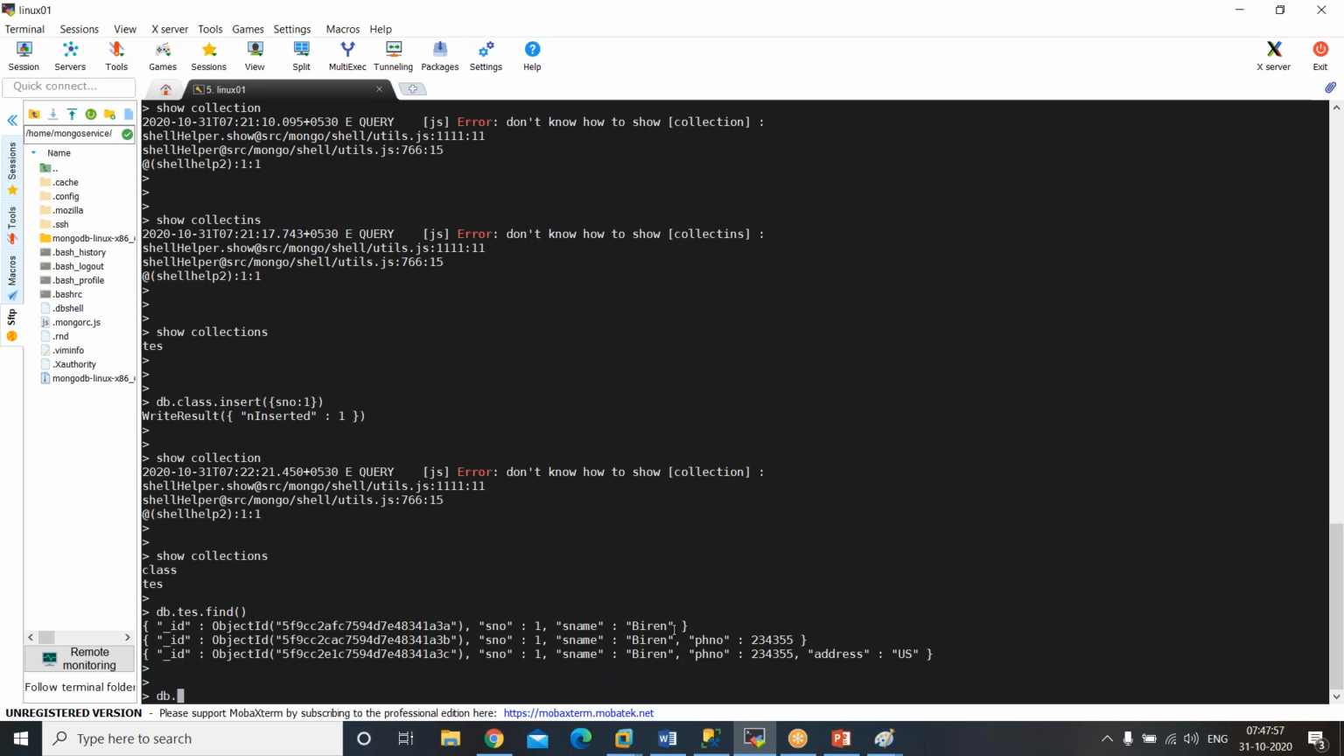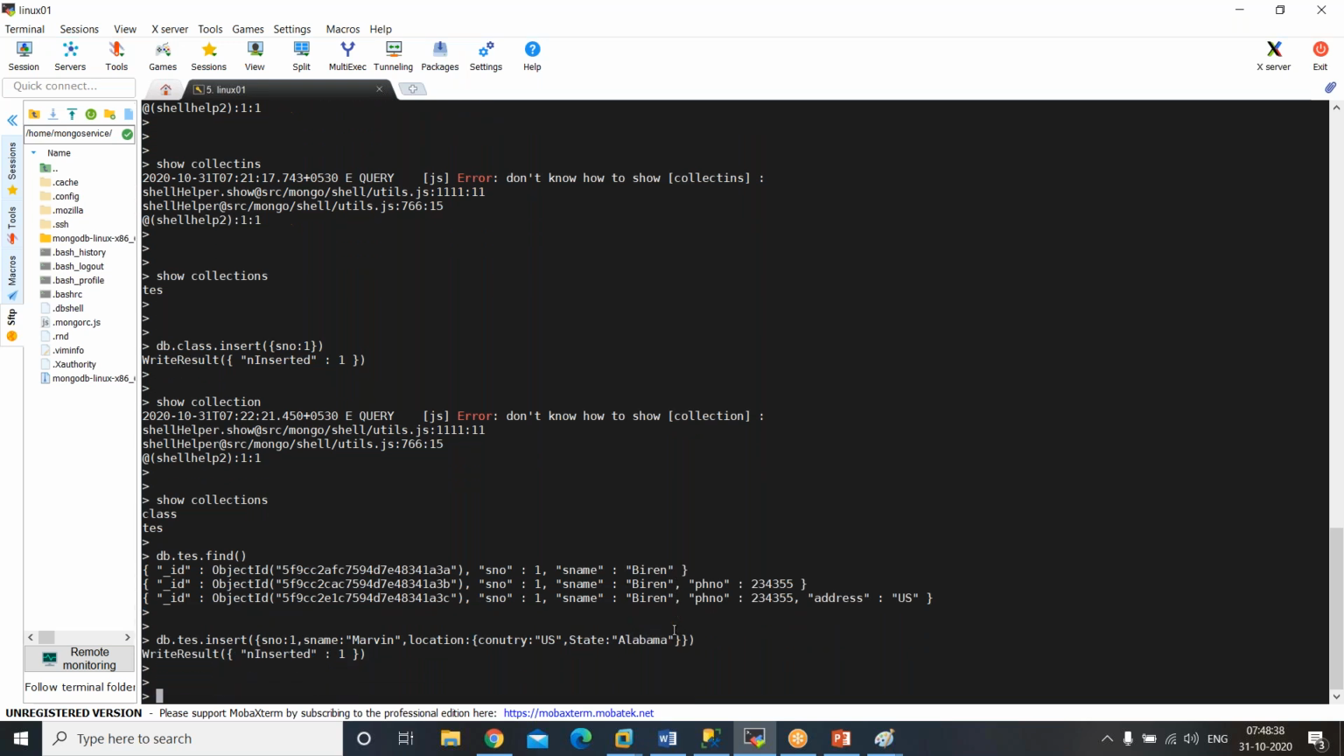For example, if I wanted to load some data like this, maybe test and insert, one person has a lot of different information. For example, its number, its name. Say I'm giving Marvin, and the location where he belongs to. So location, he belongs to a country. I'm just showing you one example for the sake of discussion. Then state, something. If I enter this and read the data,